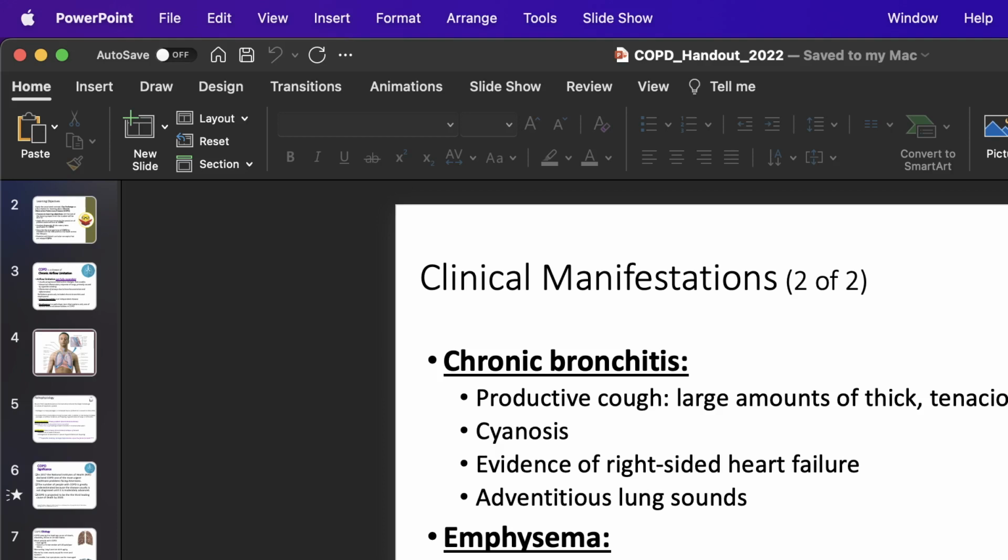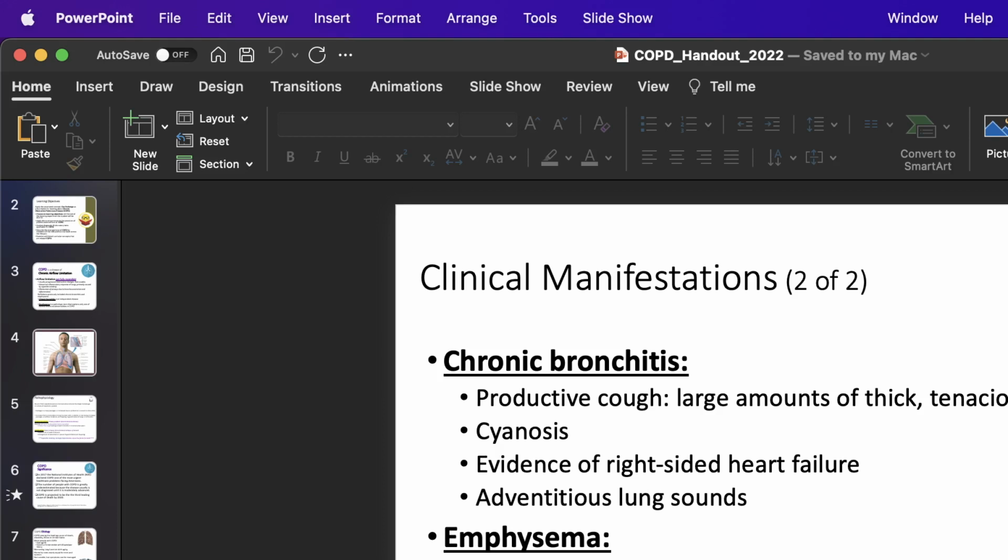No, good question, thank you. All right, so right-sided heart failure, and you know how to treat that. We treat it the way we treat heart failure always. Adventitious lung sounds. Sometimes their breath sounds are diminished. Somebody with bronchitis has bronchi, that really harsh,